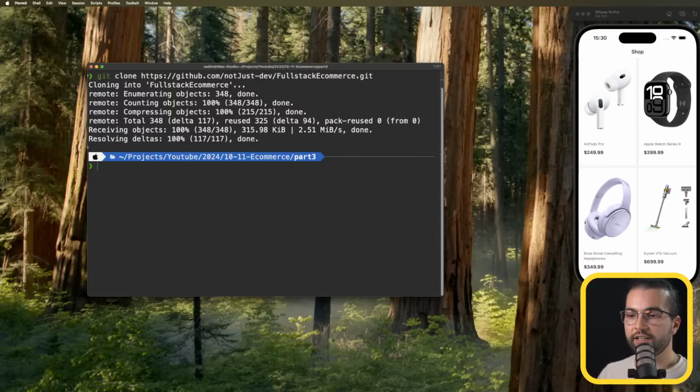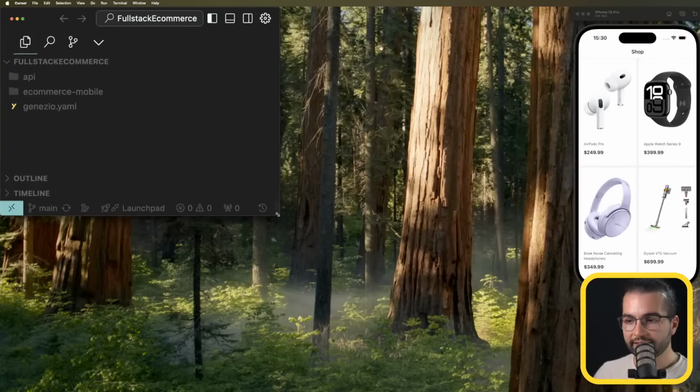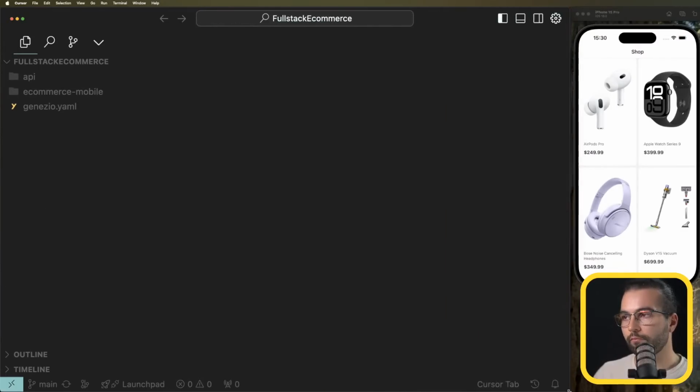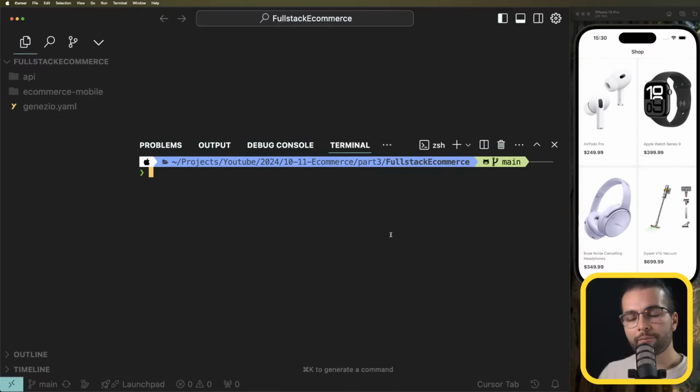Now that we are here, let's open it in Visual Studio Code. In fact, I'm going to open the project with Cursor because, yeah, 1 second. Let me open it up first. And Cursor is an IDE based on Visual Studio Code, so that's why everything you're going to see will look most like Visual Studio Code. Even the extensions are going to be the same, but it's AI based,